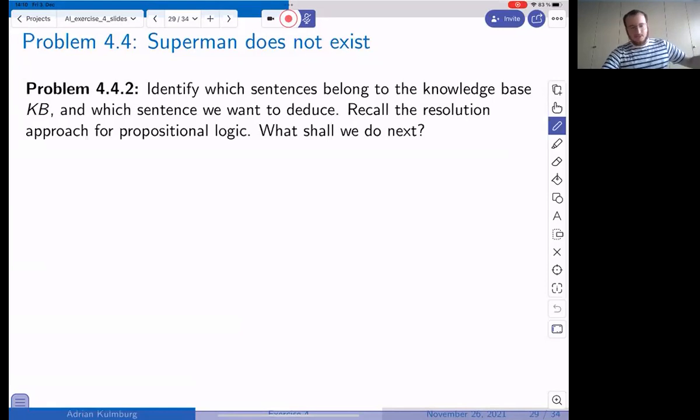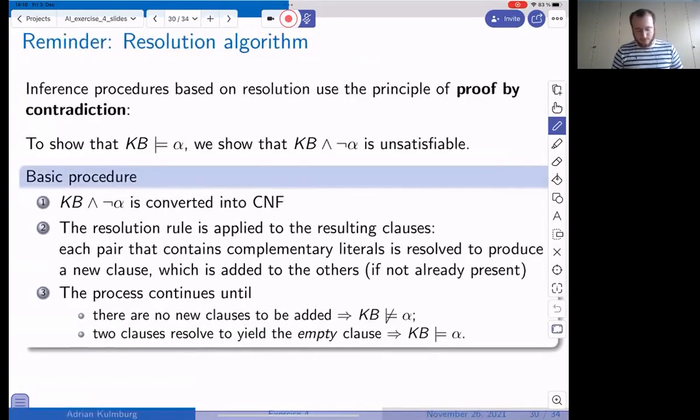okay. So now that we have formalized our sentences, we want to show that Superman does not exist. How do we do this? Well, we want to do this with resolution, because that's sort of the easiest way to do this in this case. So what is resolution? You have seen it in the lecture. Basically the idea is you have a certain knowledge base. So the knowledge base is all the sentences that we have